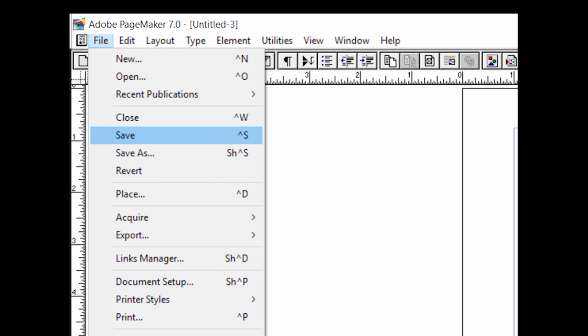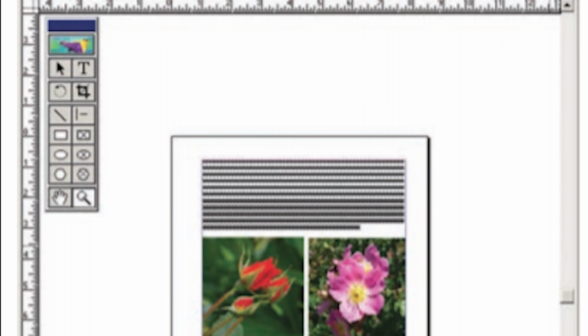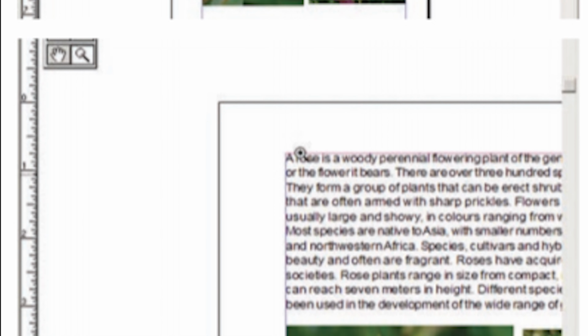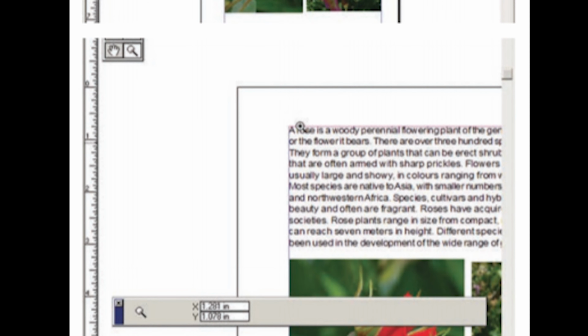Now we are going to see about magnifying and reducing with the zoom tool. We have seen the zoom tool previously. Using the zoom tool, let's see how we can magnify the page. First, we have to select the zoom tool, and then draw a marquee or a box around the space which you want to magnify. Okay, and then to zoom in we press the control key and space bar.